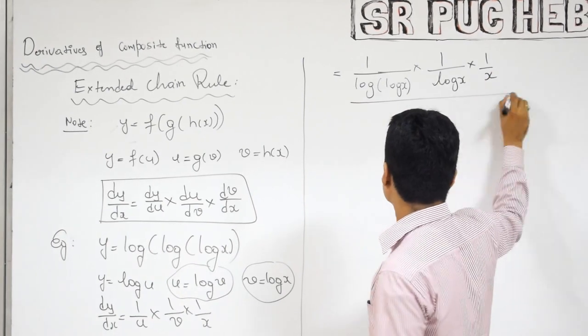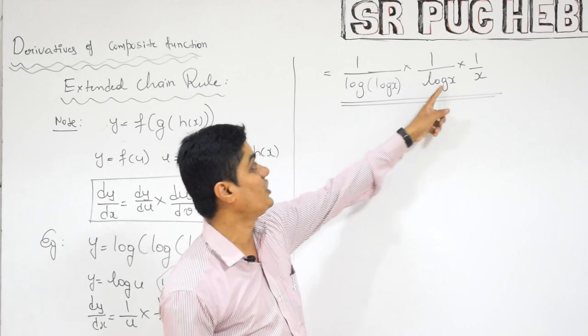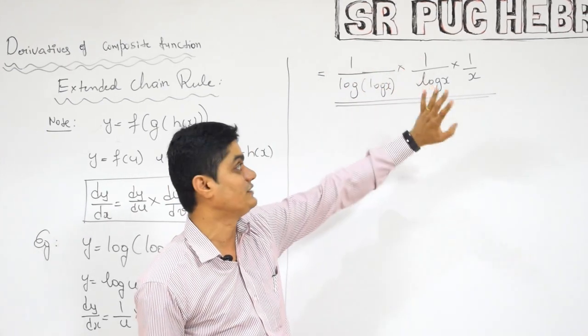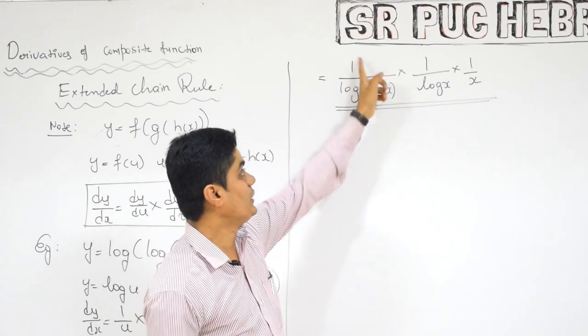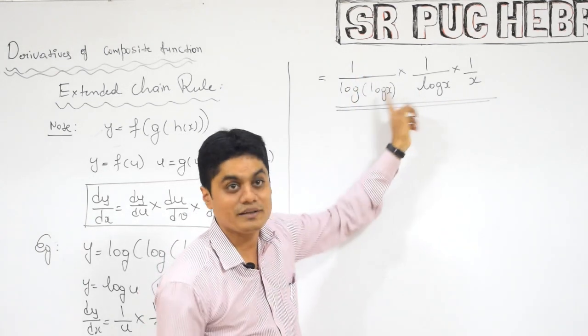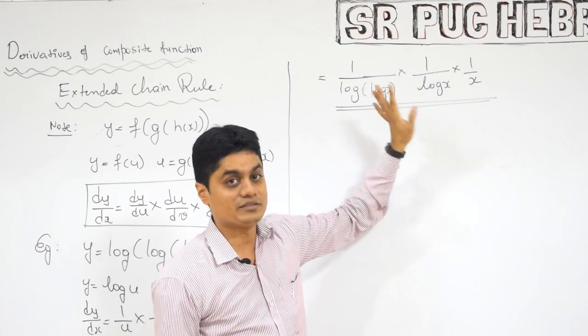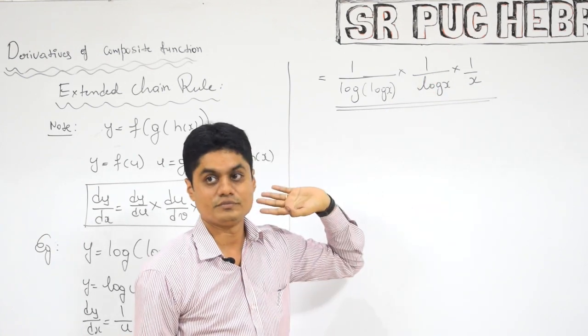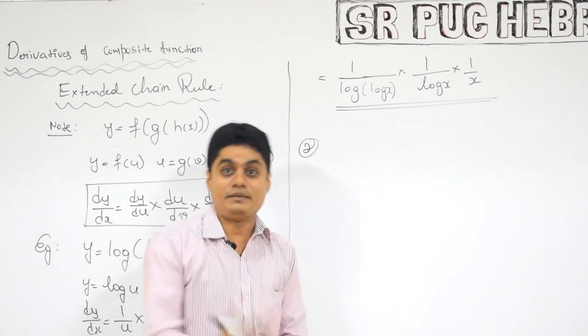This needs no simplification. I know sometimes you will show your talent, you will multiply this log x and log x, and write log of log x whole square and x. So here no need to show your talent, just keep it as it is. 1 by log of log x, because multiplication is not possible, remember that. So use the existing form. This is enough.